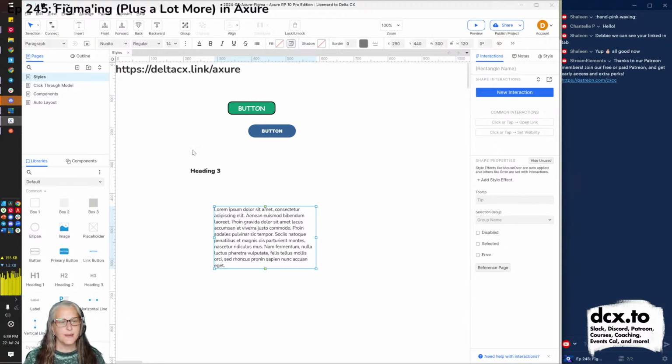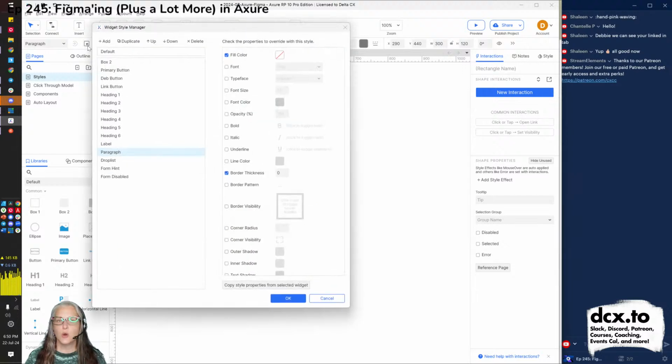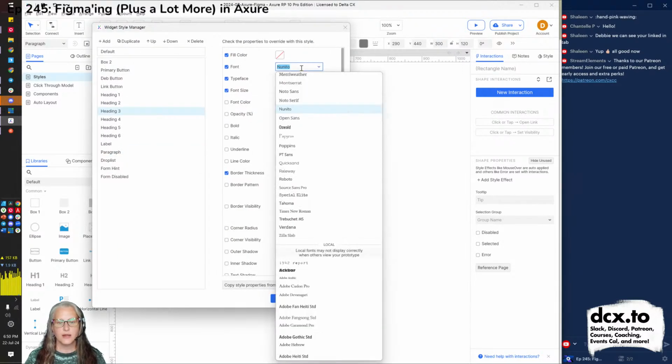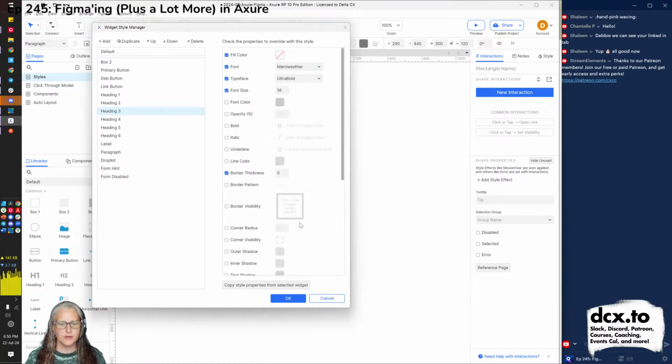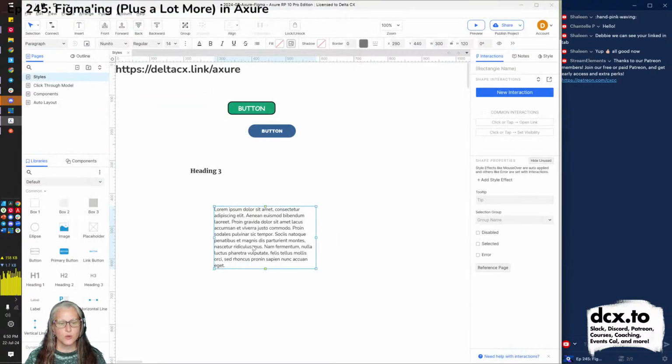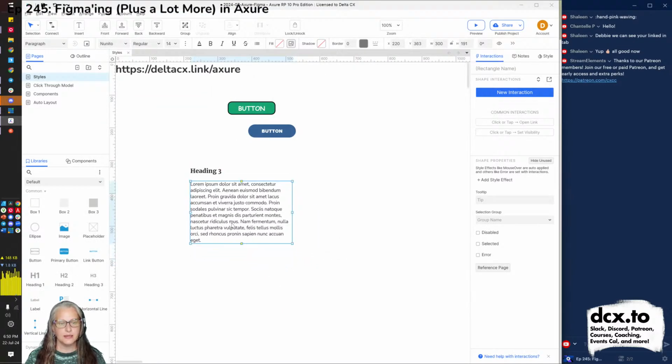But if, for example, your headers are maybe a different font because your style guide has 2 different fonts, you can always come back in here and say, okay, look, for the heading, I know I've got Nunito here, but we're going to use, I'll just pick something wacky, Merriweather. Okay, so we'll have Merriweather as the heading.